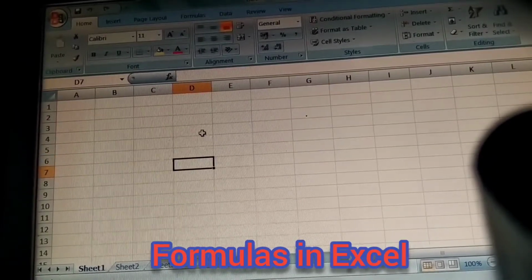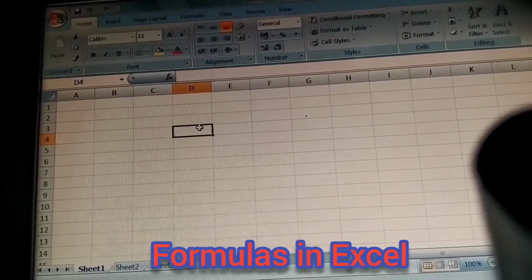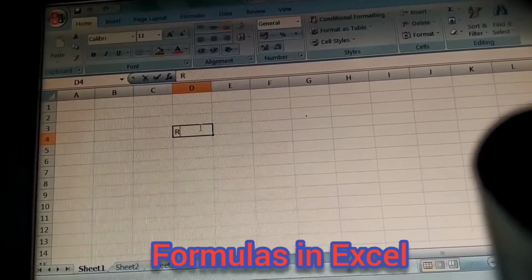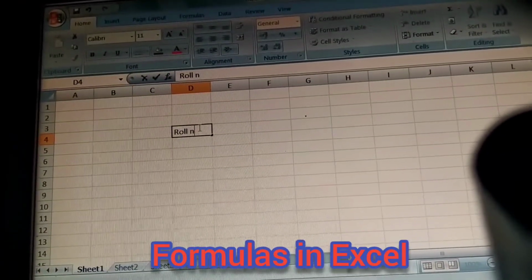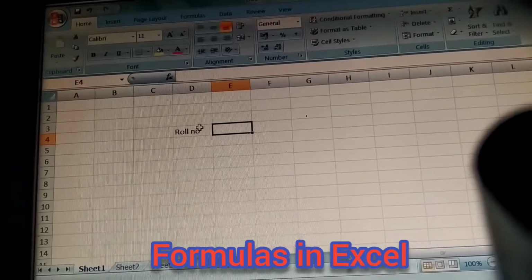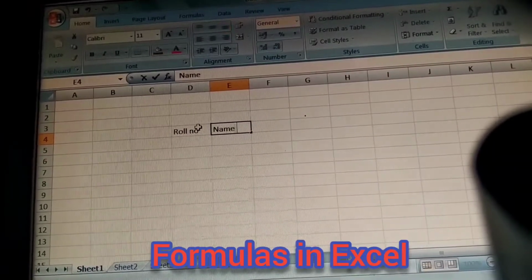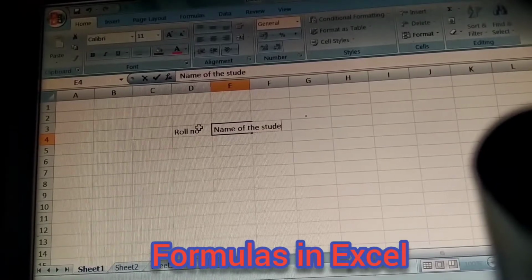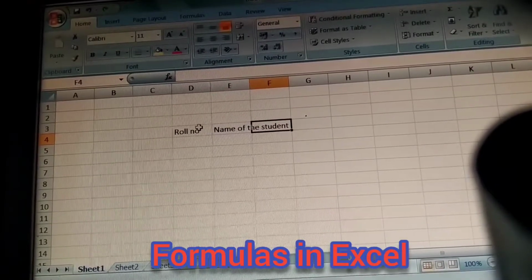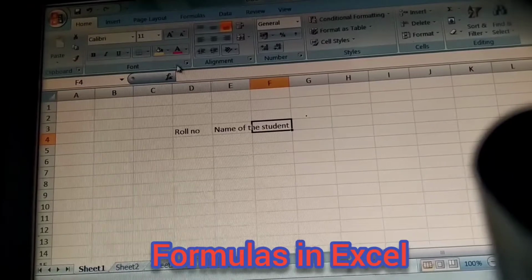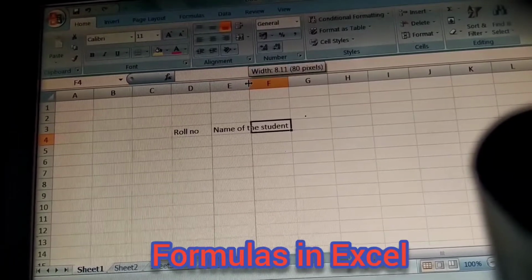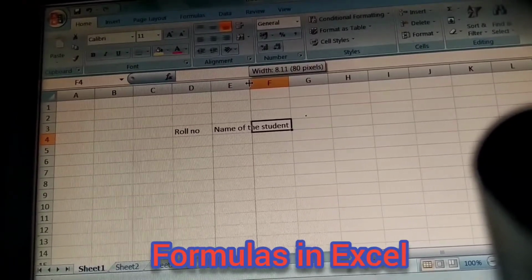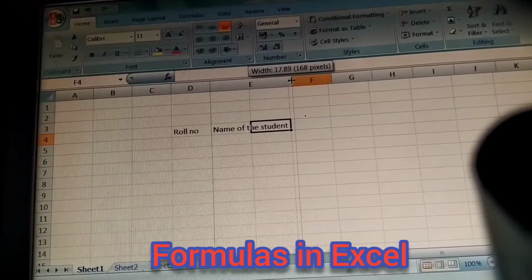Now we will make a simple result sheet. First column is roll number. Second is the name of the student. For the name of the students we don't have specific space to type, so we can increase the space.